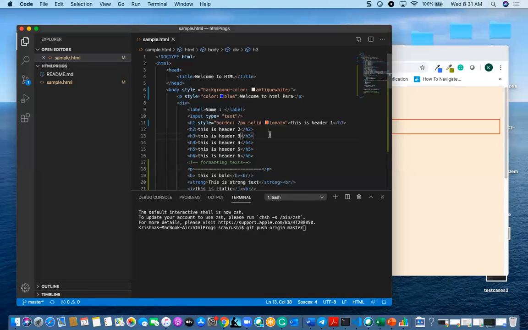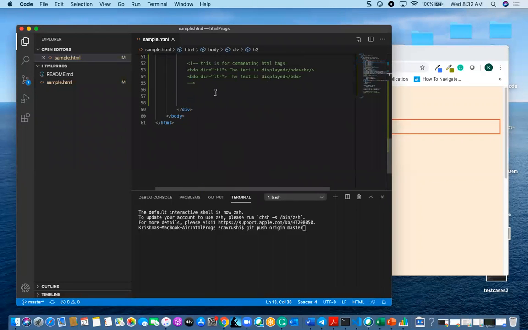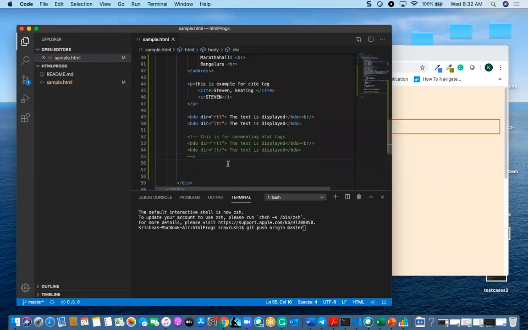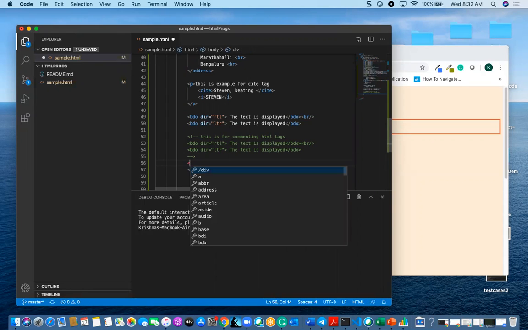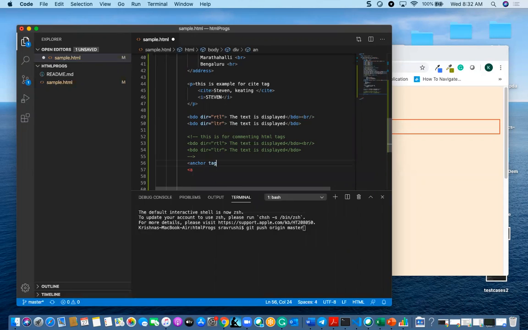And one more thing here is the anchor tag. We will see now how to use it after comments. For the anchor tag, I can go for A. What will it do? It will route our link to some other HTML, some other web page.